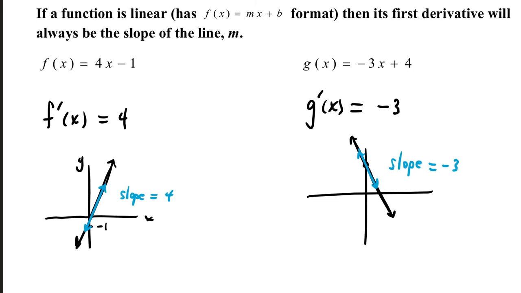If a function is linear, which from college algebra, y equals mx plus b or f of x equals mx plus b, you can see it in either format, then its first derivative will just be the slope of the line. The mx term is the slope m with the x variable because your slope is the rate of change with each increase of x. The constant on the end, b, that just tells you where your graph will cross the y-axis. Our first example,